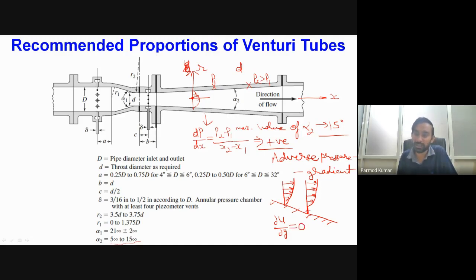This particular condition is known as the start point for the separation of the flow. So what will happen when we go beyond this point? Beyond this point, the velocity profile adjusts in such a fashion that we have some reverse flow, particularly in this zone very close to the surface. Here, del u by del y will become less than 0. This situation is known as flow separation.